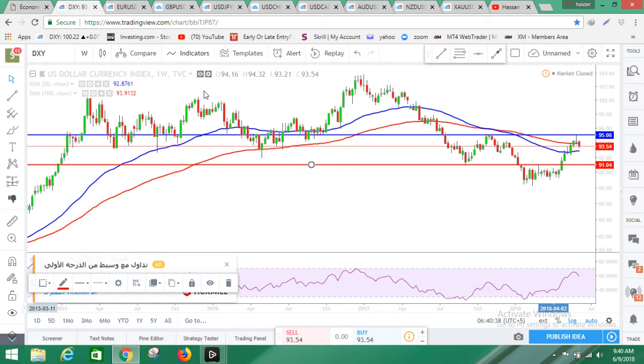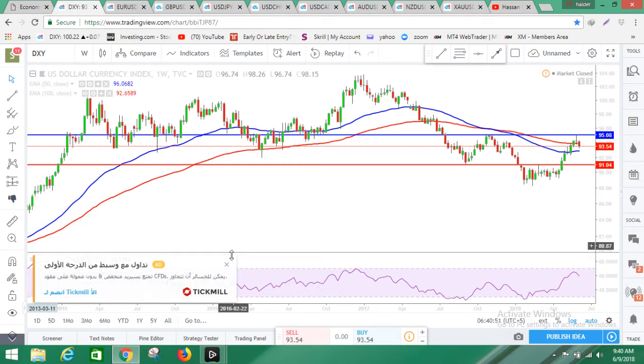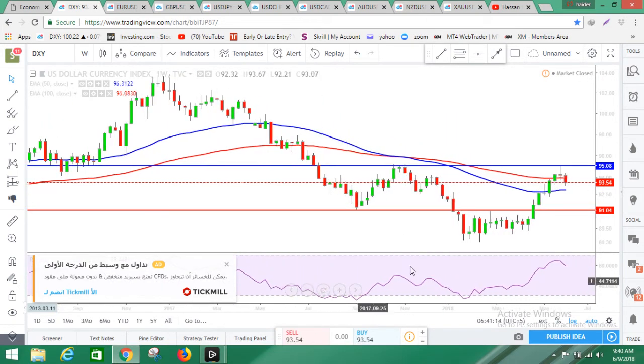Let's start with the US dollar index, and as expected, if you remember last week, we said that this coming week will bring the US dollar down, and as expected, it did that. Right now, although RSI on the weekly time frame is indicating more drop in the dollar, I think Monday and Tuesday can bring down the US dollar to the level, let's see, around 92.83, and this will be a 50 moving average level. If it touches, then from here it can bounce back, and until the end of the week we might see a start of a retracement for the US dollar,